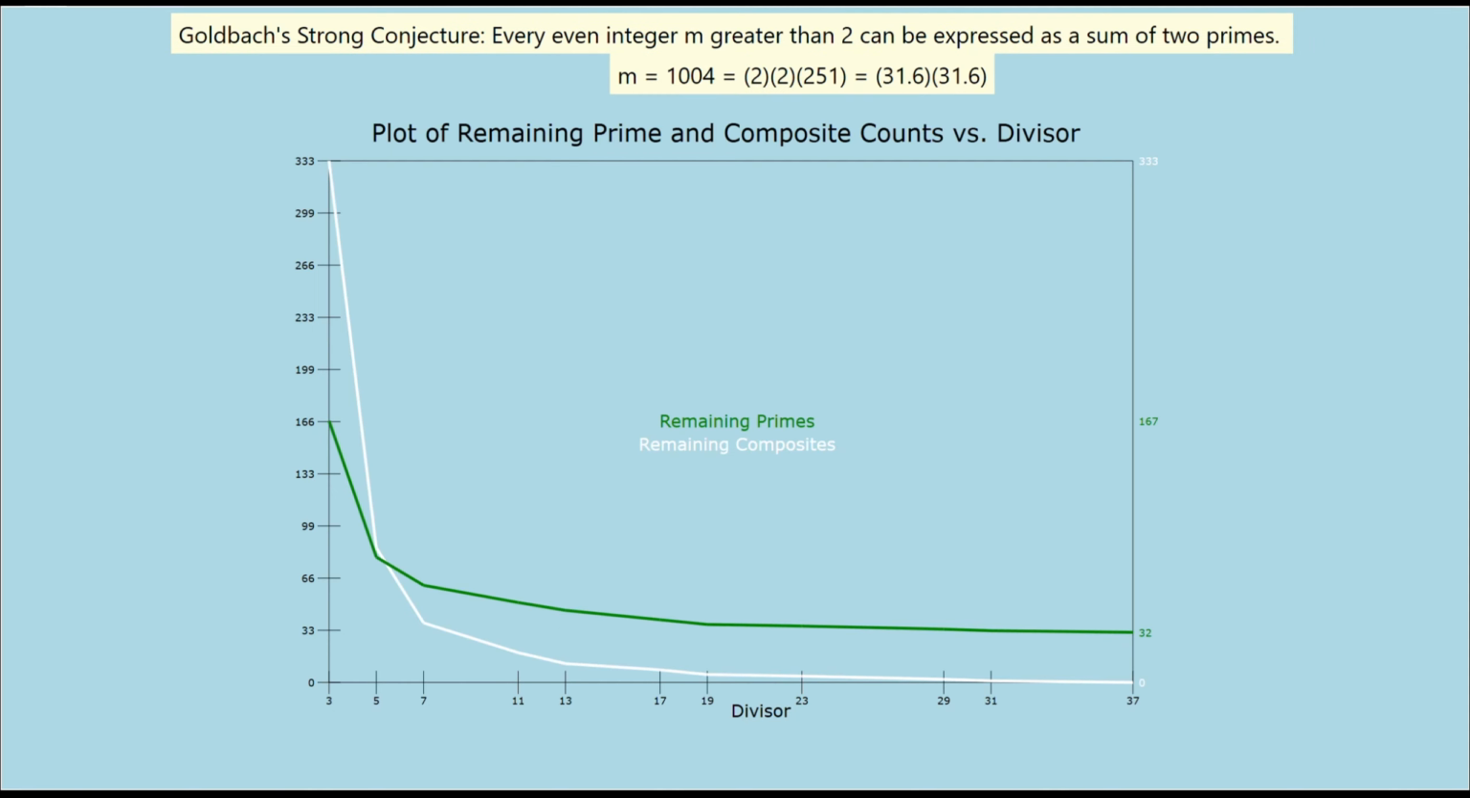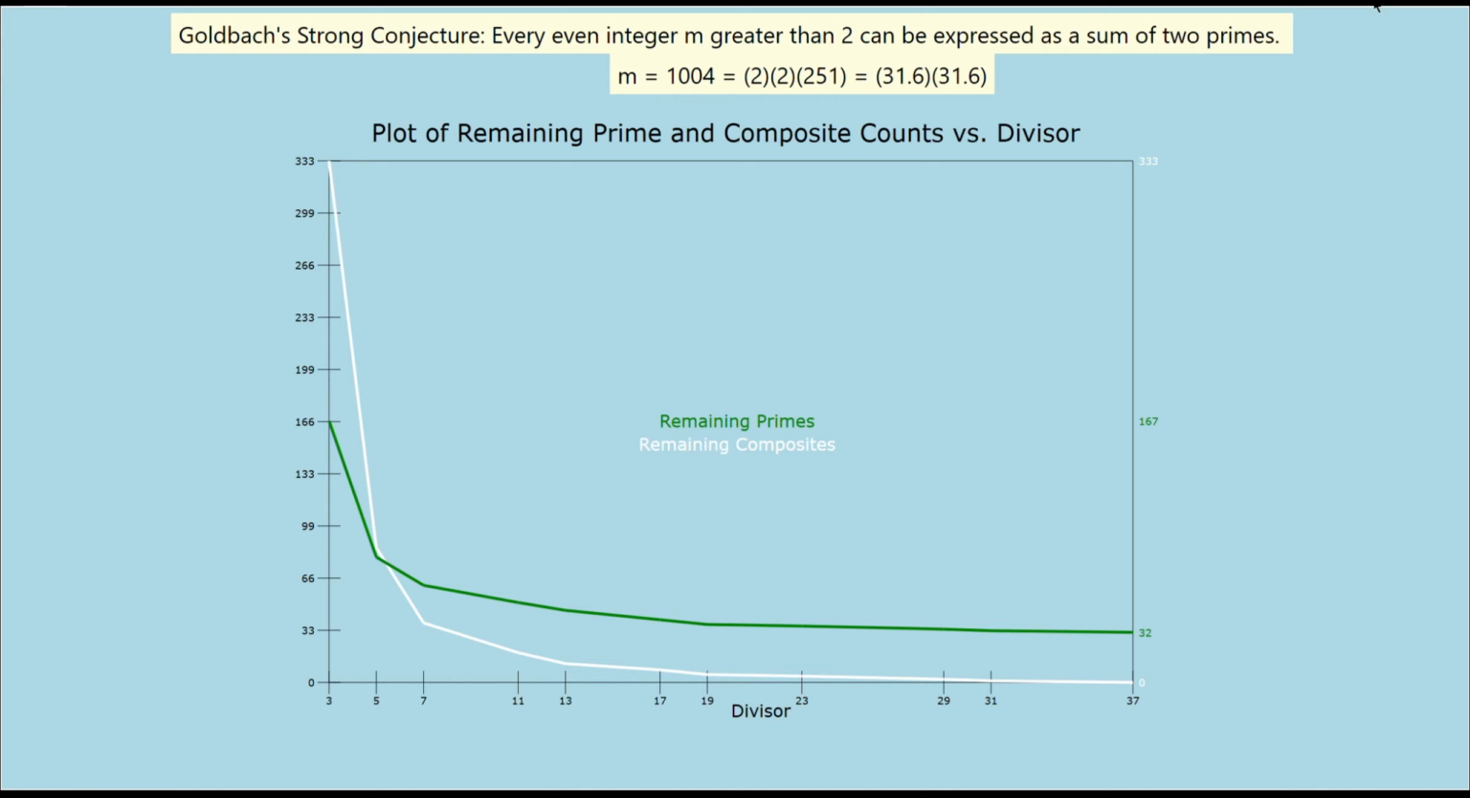The sequence of histograms for M equals 1004 is summarized by this plot. Initially, at divisor 3, there are 333 composites and 166 primes. The number of composites drops in an exponential manner and ends at 0, which is the whole idea of the removal process. The prime count also drops, but at a lower rate, because at each stage, column 0